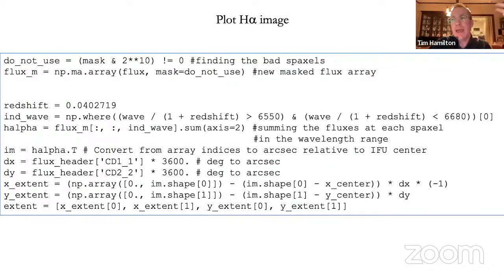Okay, now we want to plot the H alpha image. That's our next bit that we're going to try. There are some bad data points on this, and we're going to throw those away. We're going to mask them and not use them. Remember when I said that we could take the mask array and wherever we find a bad data point, we could clear it off by checking to see if bit number 10 is set. What we do is we're going to make a new array called do not use. It's going to be